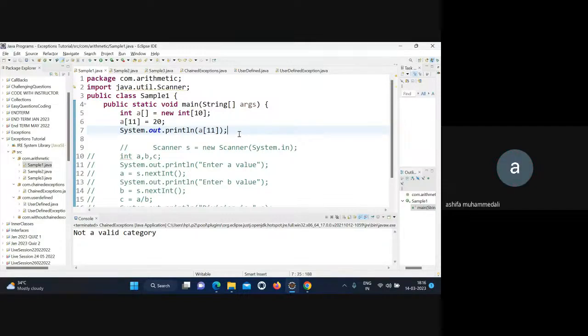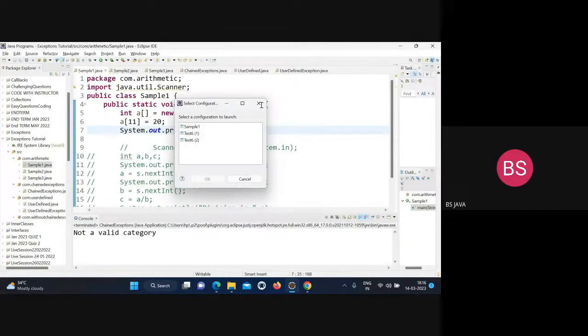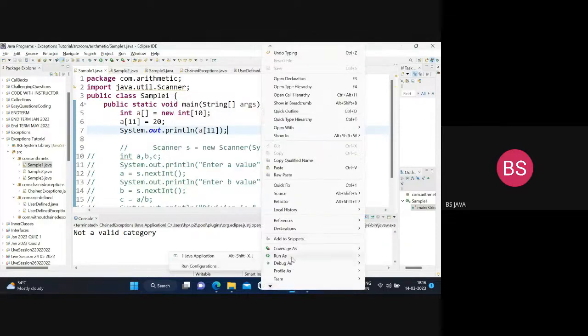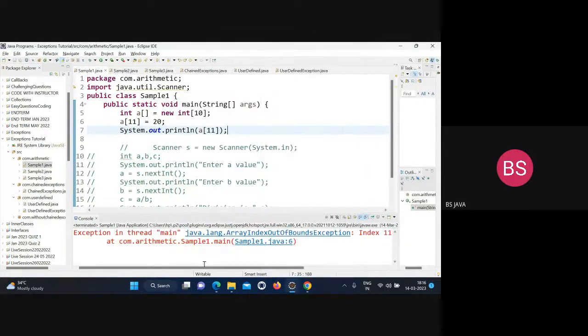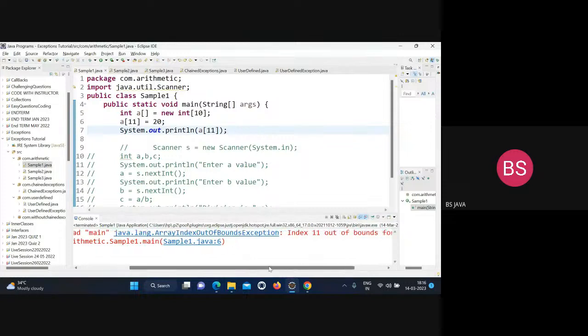So I am removing the semicolon. See, now compilation error is there. So this is not a compilation error. Now, if I am trying to execute this one, see, exception in thread main, java.lang.ArrayIndexOutOfBoundsException, index 11 out of bounds